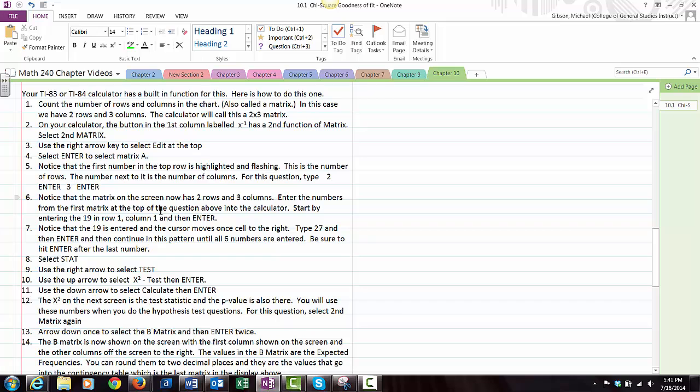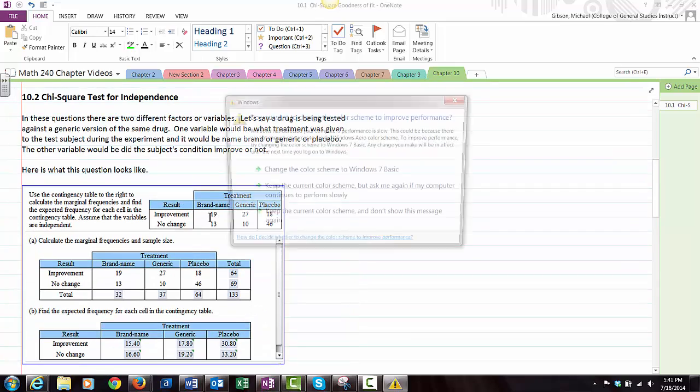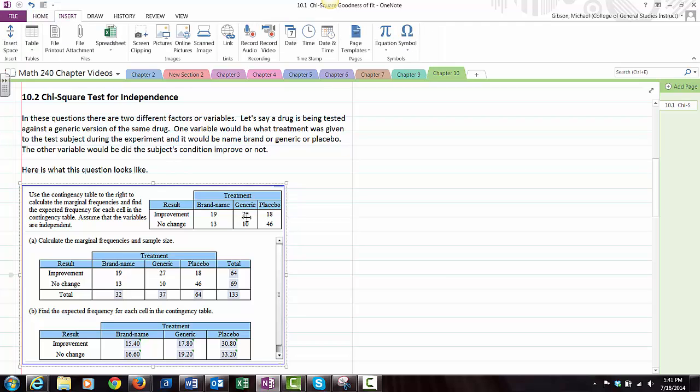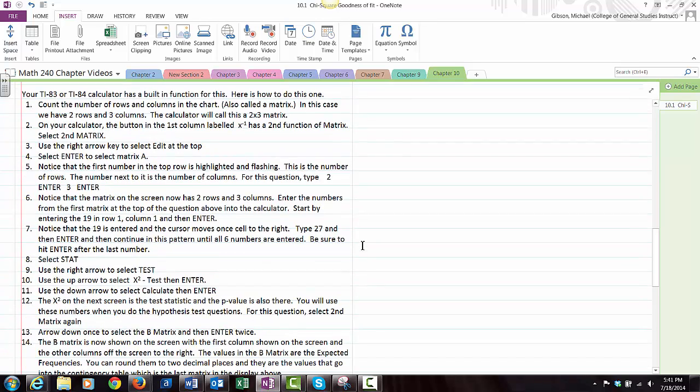Enter the numbers from the first matrix at the top of the question above into the calculator. Start by entering the 19 in row 1, column 1, and then enter. Okay, so here's the 19 right here. We're going to enter that, and then hit enter, and the cursor is going to move over to the 27. So you type 27 and hit enter, it'll move to the 18. You type 18 and hit enter, it'll kick down to the 13, etc. So then once you get all 6 of them entered,